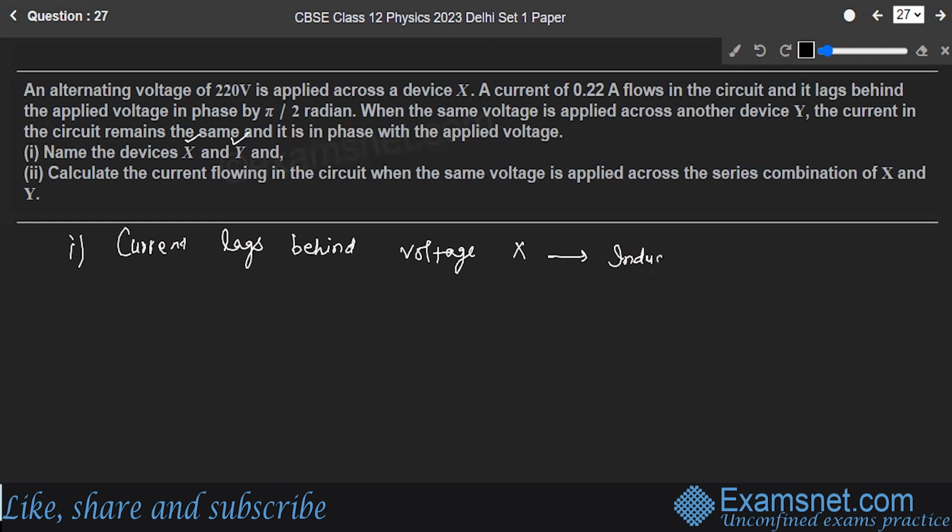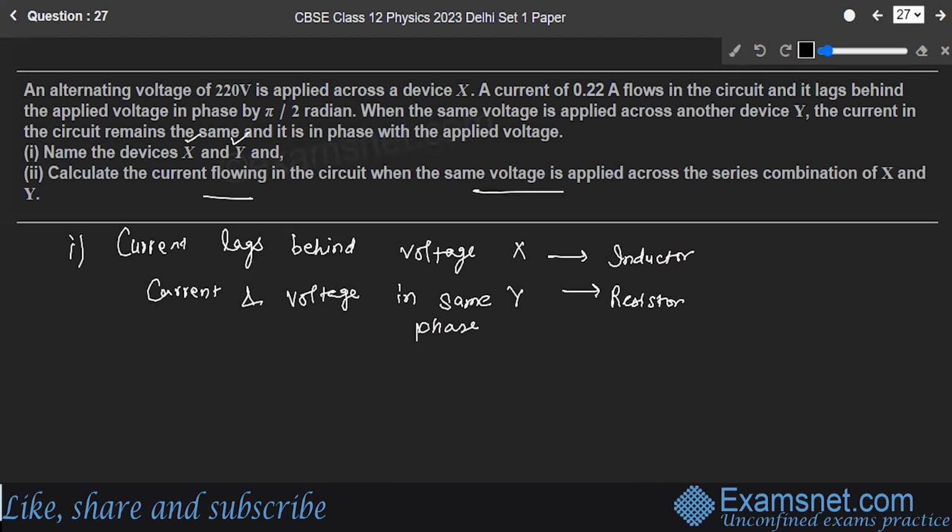It's an inductor. And for the second one, Y, the current and voltage are in the same phase. Same phase makes Y a resistor. Okay, now you have to calculate the current flowing in the circuit when the same voltage is applied